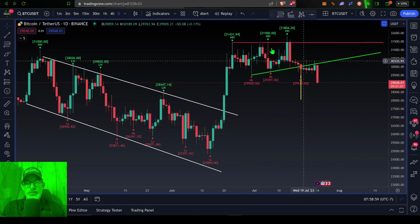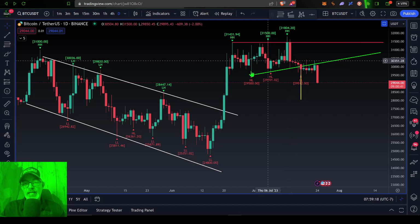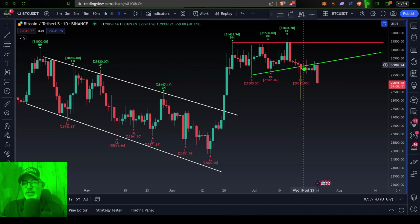So the question becomes, how low could Bitcoin go? And so for starters, we can drop in this ascending triangle that we were watching in last Monday's video, as Bitcoin had again been pretty much walking up this ascending triangle. However, last Monday, Bitcoin's price had started to roll over. And so I dropped in a target price for Bitcoin if the price were to break below this lower trend line on the ascending triangle. And actually, the day after the video on Monday, Bitcoin did in fact break down below the lower trend line, and we have our target set down here around